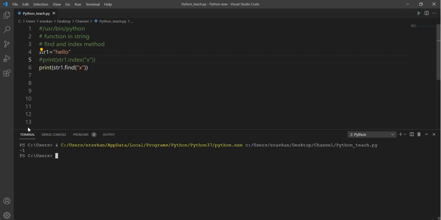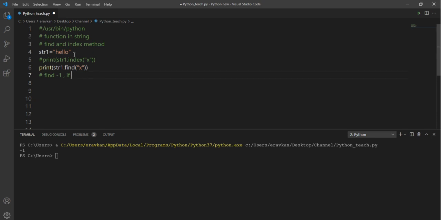So here -1 is coming. It means find will give you -1 if the substring is not found, and index will give an error. So in the scenario where you want to avoid the error when the substring is not present in the string, it is better to use find. So this was a small difference between find and index.